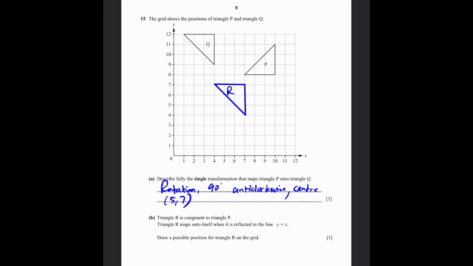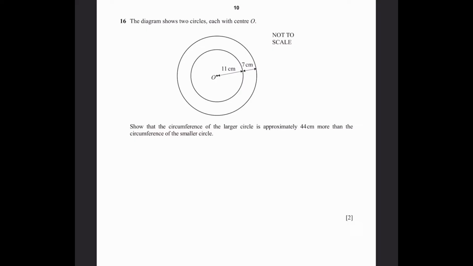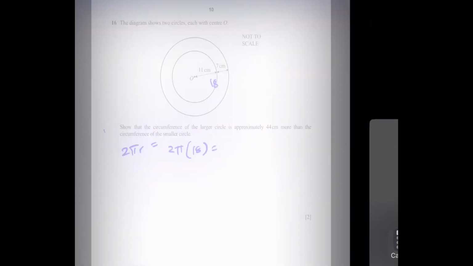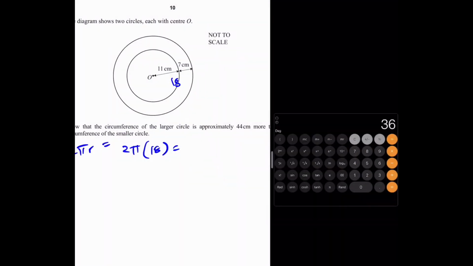Let's go to question 16. The diagram shows two circles, each with center O. So the circumference of the larger circle is approximately 44 centimeters more than the circumference of the smaller circle. So the radius of the larger circle is 11 plus 7, which is 18 centimeters. Now the circumference of the larger circle is going to be 2 pi r, which is equal to 2 pi times 18. That's 36 pi, or let's get a calculator out. 36 times pi to get